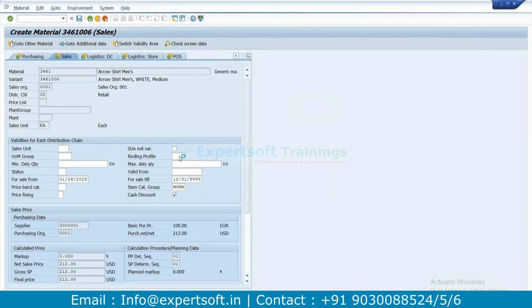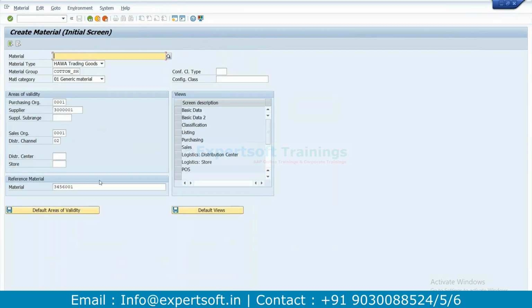You don't have to put the item category manually. Rather, this item category group can automatically be determined based on material type. So now these variants have been created,